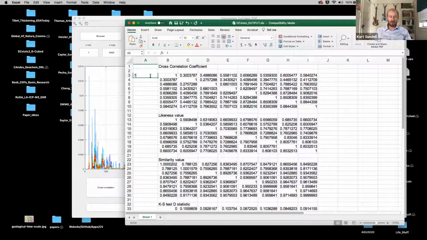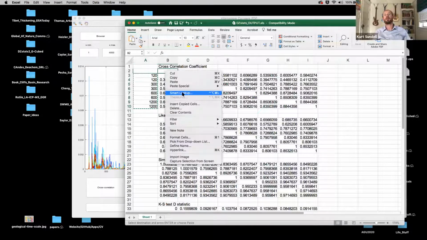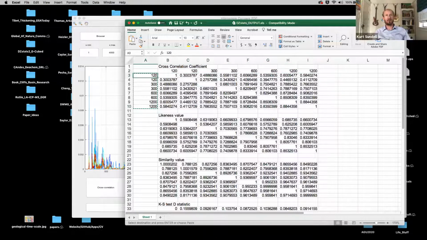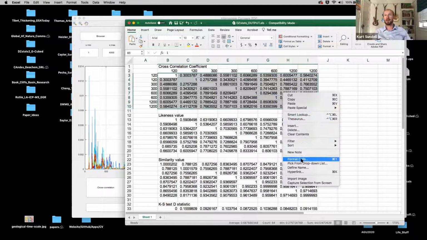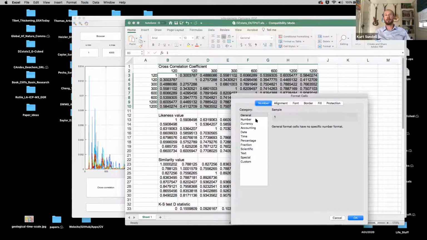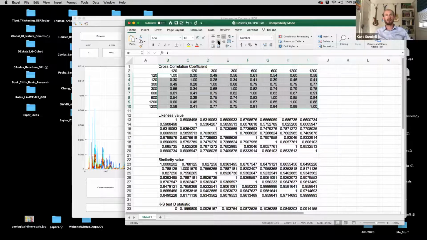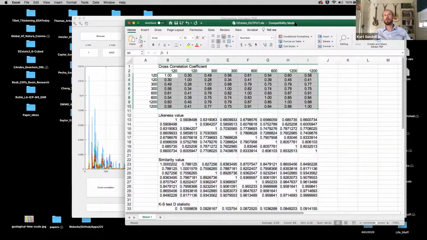But this was 120, 120, 300, 300. These are the rates of acquisition that we ran for these different data sets, and I'll call those our sample names, for example. So transpose that, and those would be our sample names. And what I like to do is format it so I'm not looking at a huge string of numbers, but maybe 2 decimal places. You might stick them in the middle. But the most important thing that I like to do